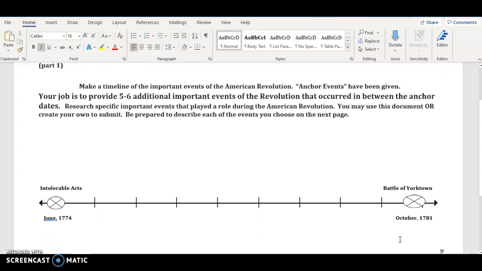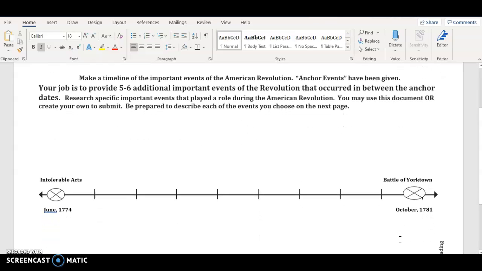And so this is a timeline. Everybody should have seen what one looked like. You are welcome to download this timeline. The documents are all in Canvas. You also can get out a sheet of paper and draw it. You can also use any other type of document builder that you want to. But what this assignment says